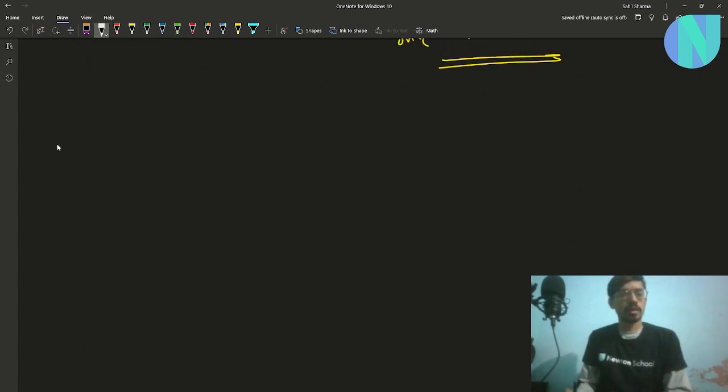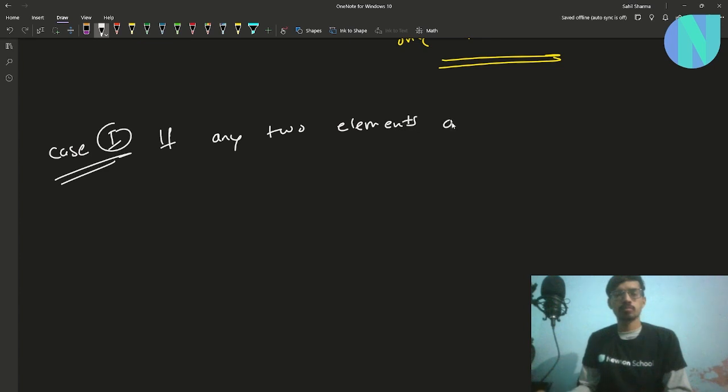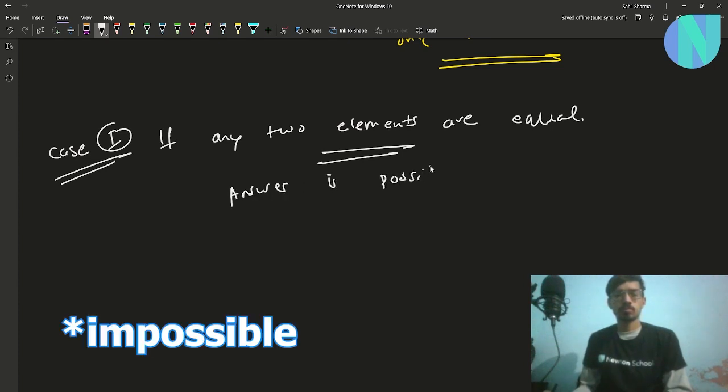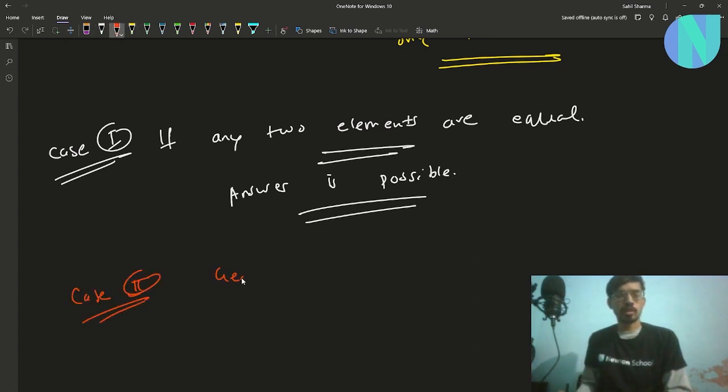So let's start the problem. The very first case is case 1, that is, if any two elements are equal, then the answer is impossible. Otherwise, we have case 2: generate a frequency table